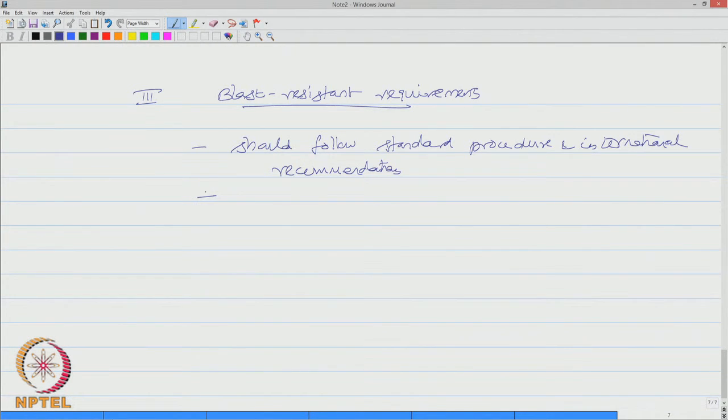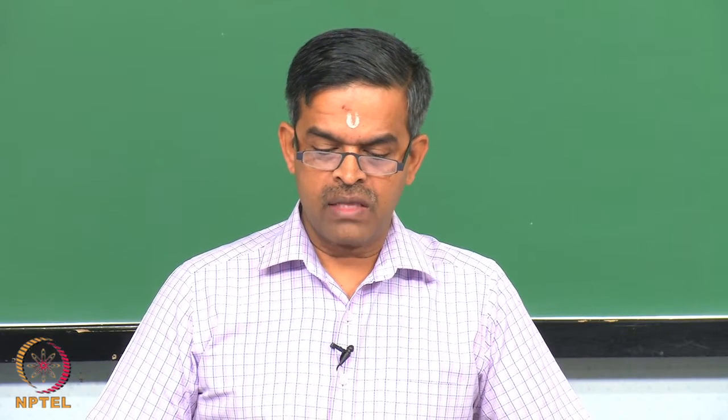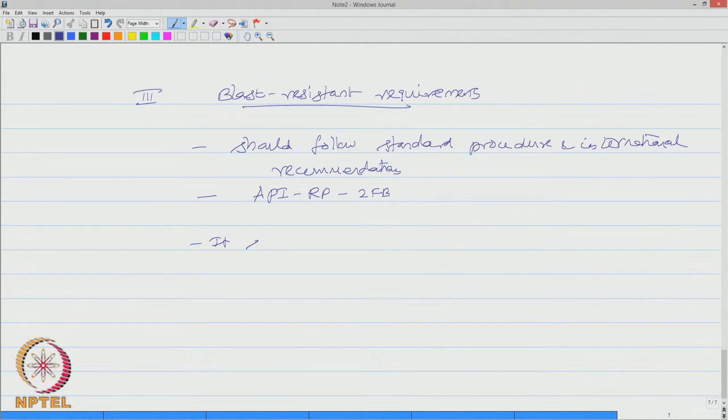So, one recommendation which is very commonly prevailing in offshore standards is API recommended practice 2FB, which deals with standard procedures and practices to make the system blast resistant. It should address the following: